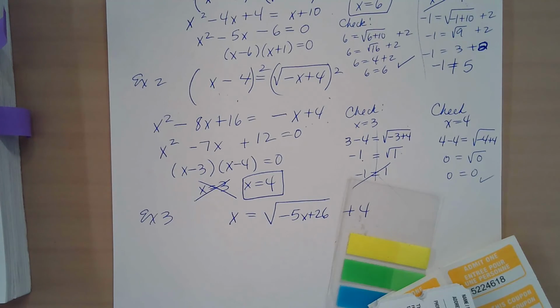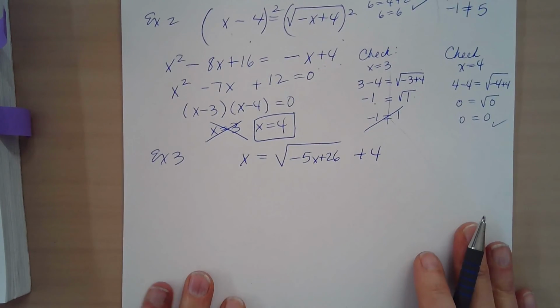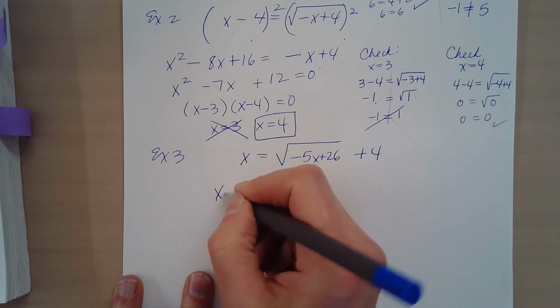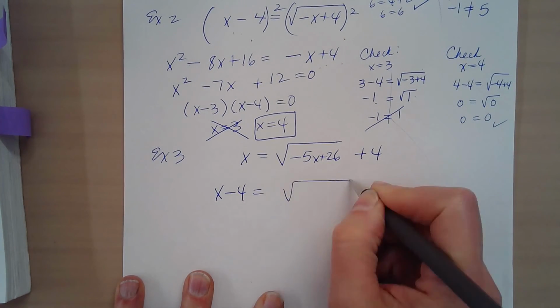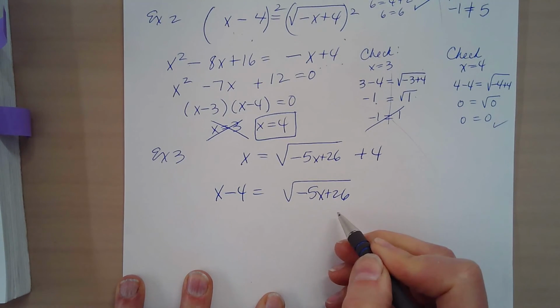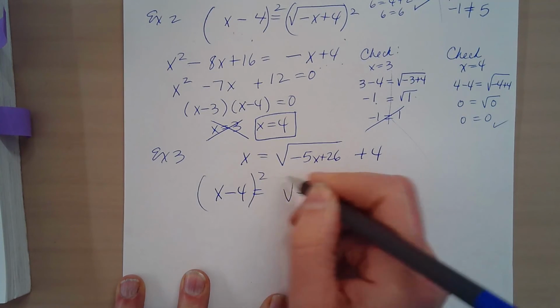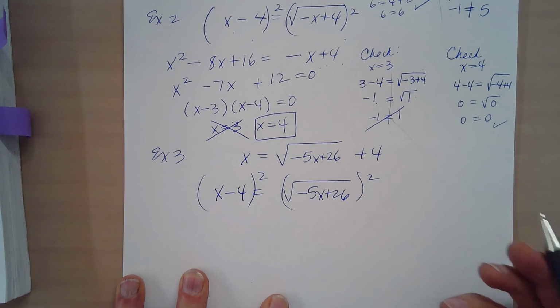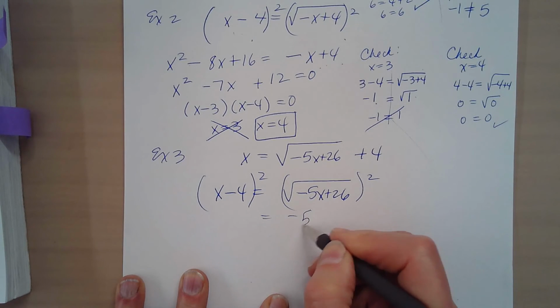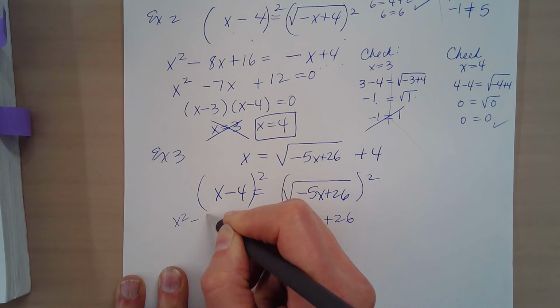Okay, let's do the last example. Probably already done it. Were there any answers to example 3? Was there a solution? Like, this looks so ugly, right? The square root of minus 5x plus 26. It looks really yucky. But as soon as you square it, it just becomes negative 5x plus 26. There's nothing easier than that. This one,